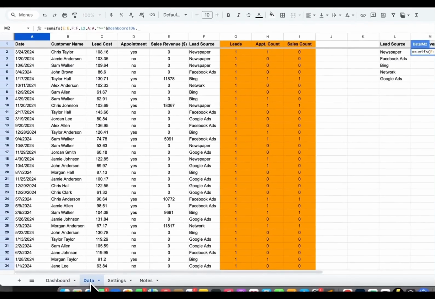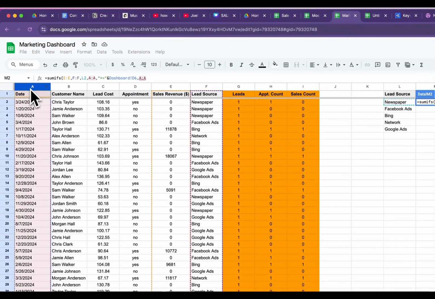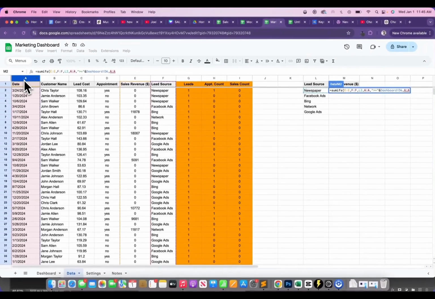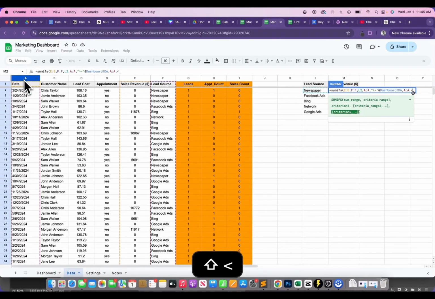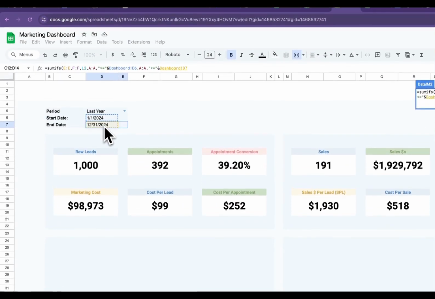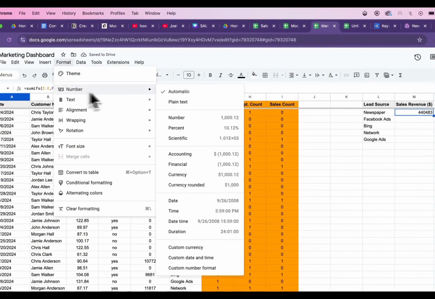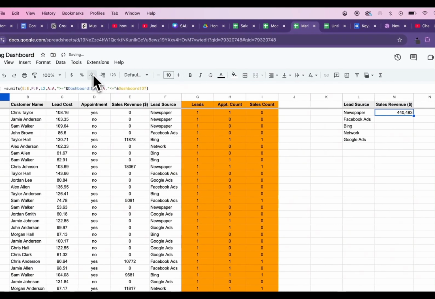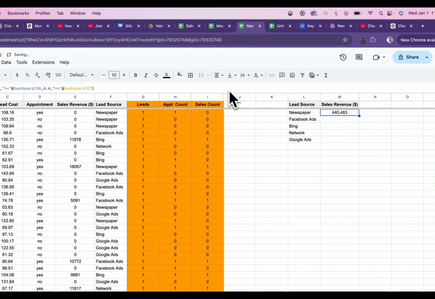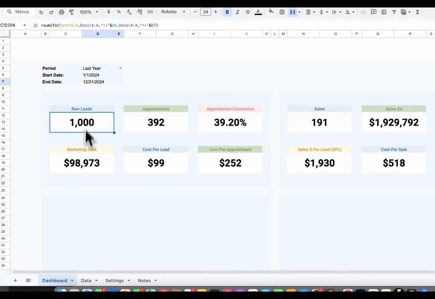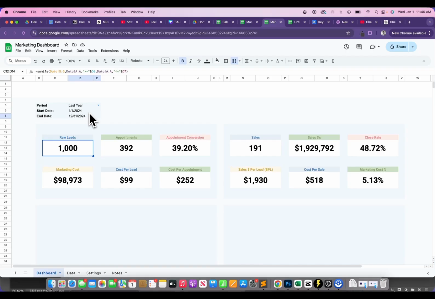and the date here is less than, forgot our quotes here, is less than or equal to the date here. So what this is saying is that my sales dollars for the lead source newspaper during the period of January 1st, 2024 to December 31st, 2024 is